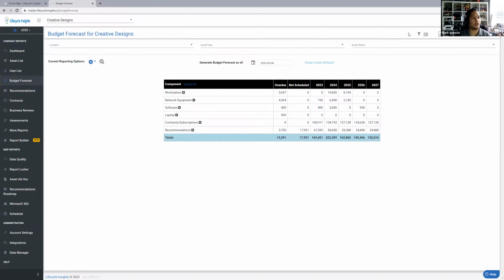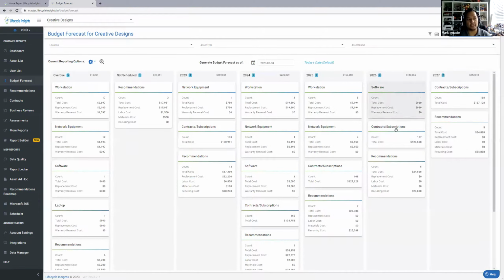Any questions so far on the budget view? The last one I'm going to tell you about is the budget board, which is a Kanban board. Any questions? Okay. So this is the budget board. It looks like you can move stuff around. We don't typically move stuff around on the budget board.